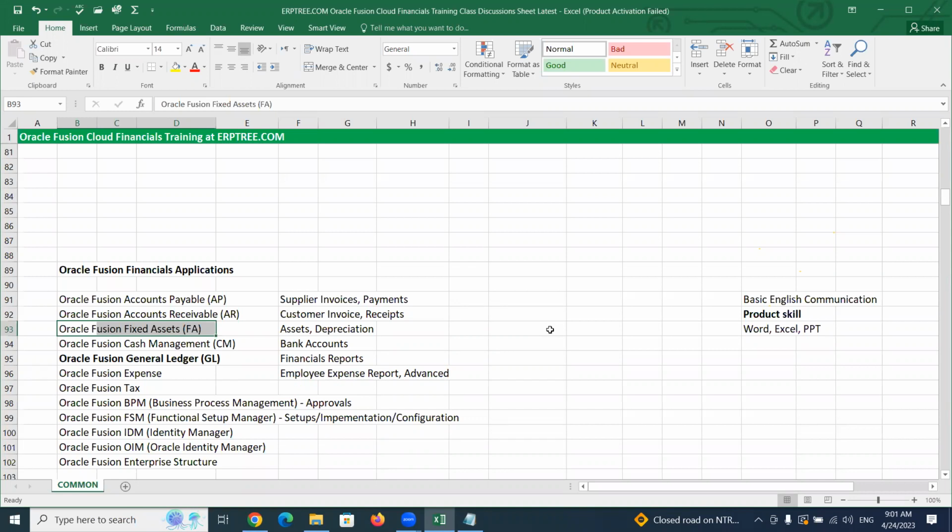When you purchased at 10, you are able to sell at 7. The current value of the car is 7 lakhs. The 3 lakhs you call depreciation. How much you have to reduce to find out the current value of the asset, that you calculate in the system as depreciation. The variance between the actual value and the current value is the depreciation which you record in your books. So this is what we do by using the fixed assets application.